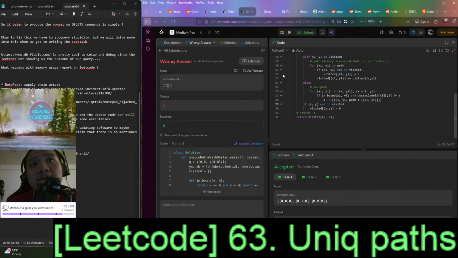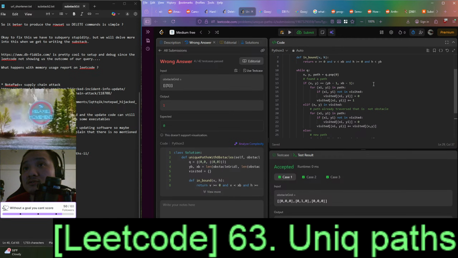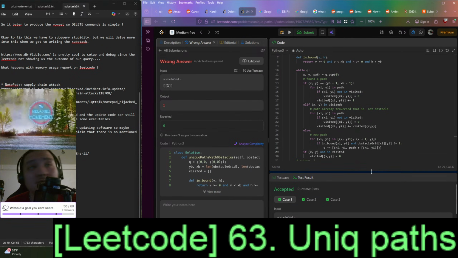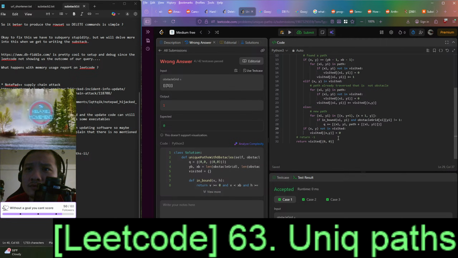Wrong answer. Output 1, and oh, so it's only one path. Then my answer basically is wrong. I'll put 1 in here.